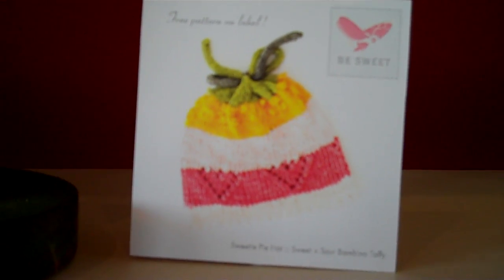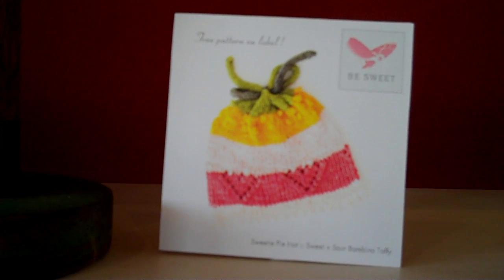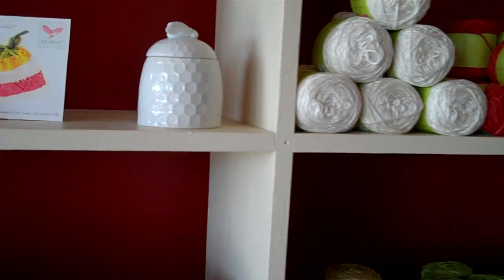So one skein makes one really cute little baby hat, and this retails for $13.25. A very cute one skein project. And then the next yarn here